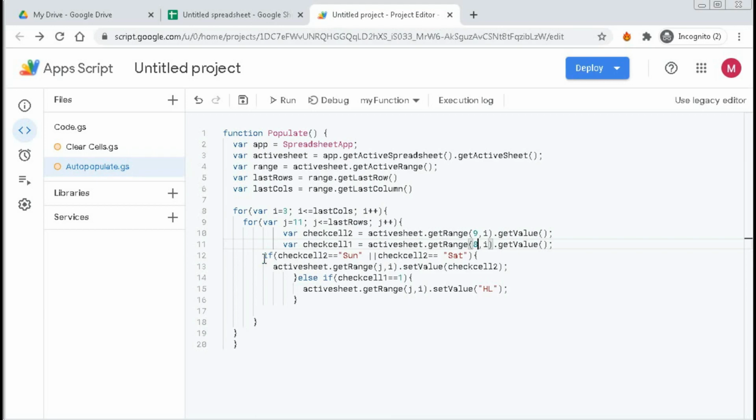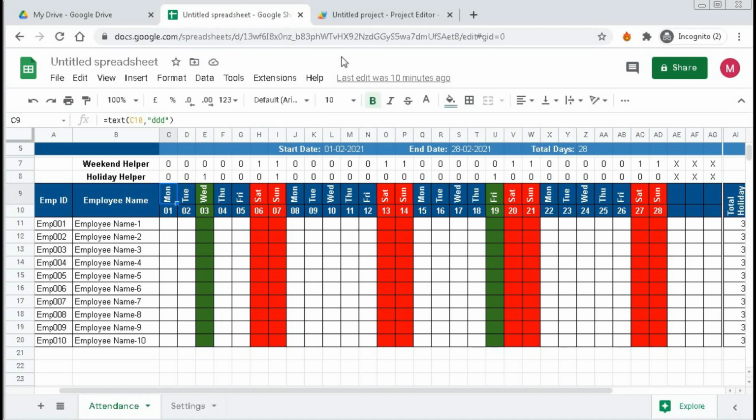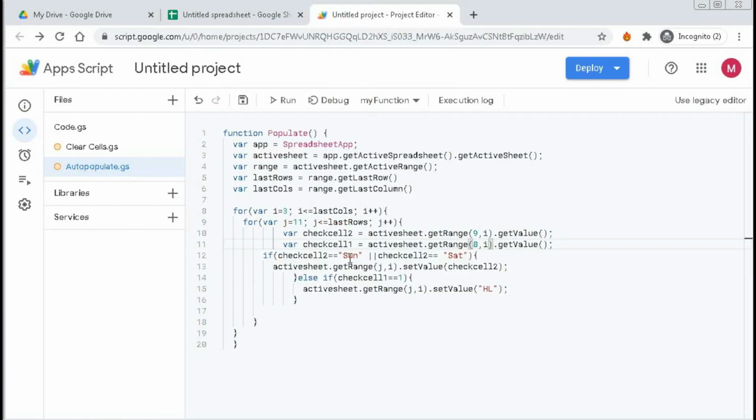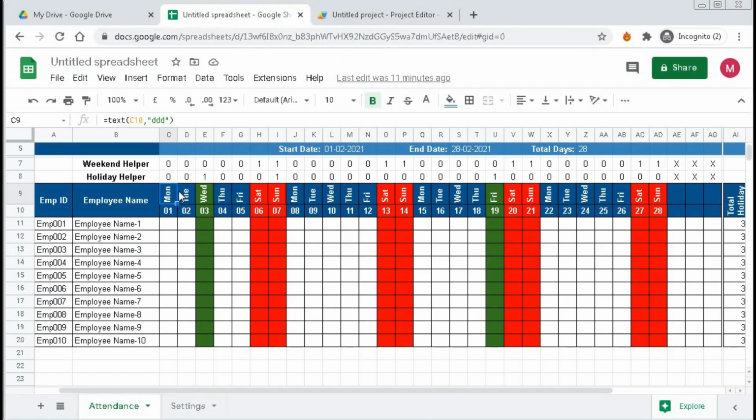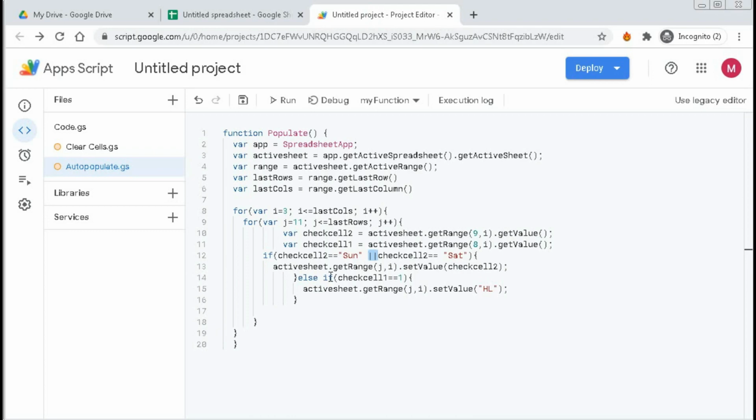So now here we can see if check cell 2, that means check cell 2 is this one. So if check cell 2 equal to Sunday, or check cell 2 equal to Saturday, that means if this cell is Saturday or Sunday, then active sheet dot get range J, I. J is our row, I is our column.